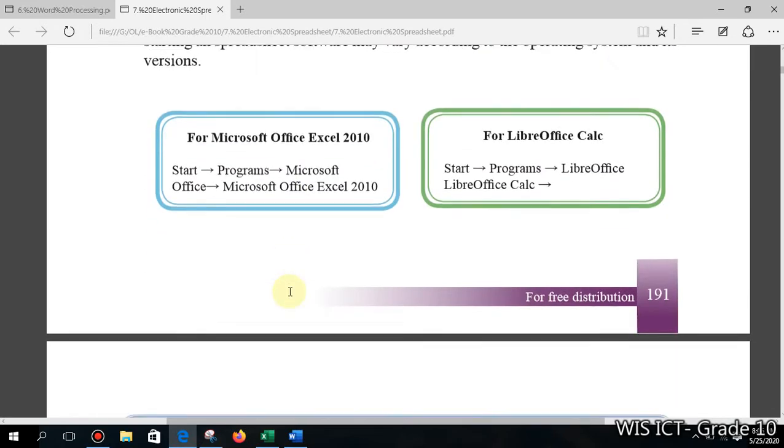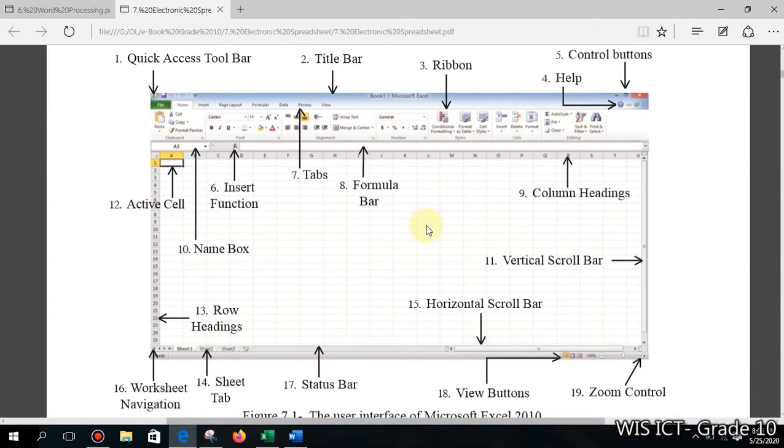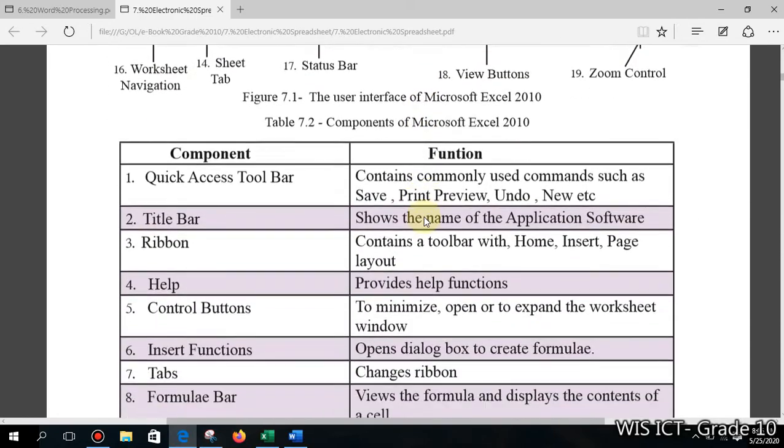Right. After you start spreadsheet software, this Microsoft Excel looks like this. This is the interface. While we are doing practical work, we will learn about each part, and if you have Microsoft Excel, you observe these given names, and then you can gain experience. While doing that I will teach too.